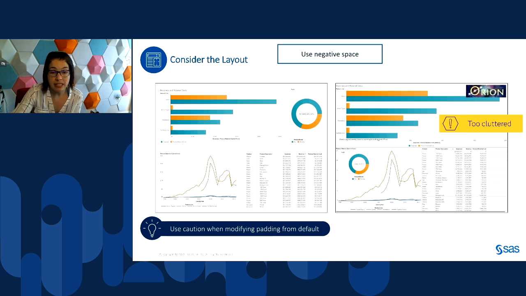Notice both of these pages are showing the same exact information, but the page on the right is a little bit too cluttered. It's hard to read the information. It's hard to focus on what's important. It can be probably for some people a little stressful. So we want to use white space and padding to ensure that our objects are not too close